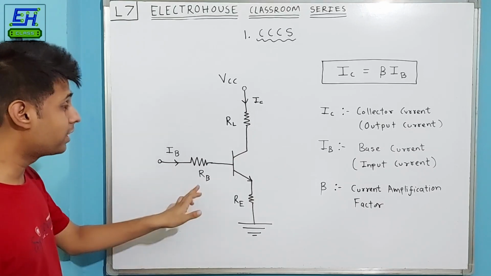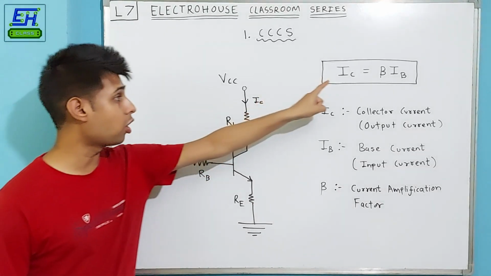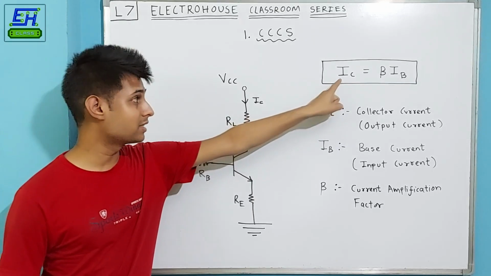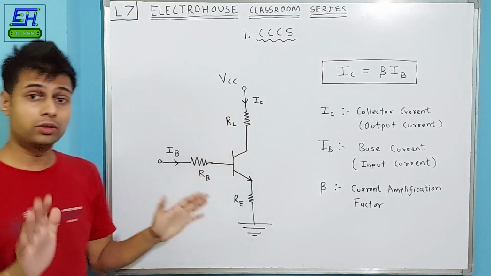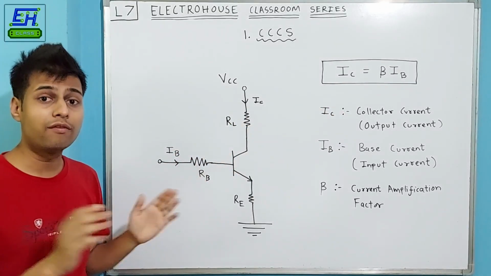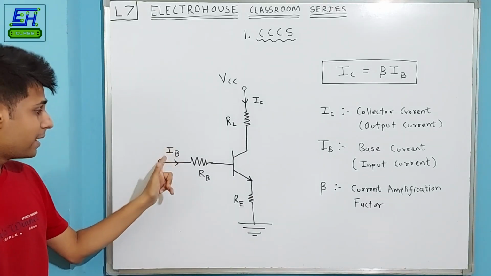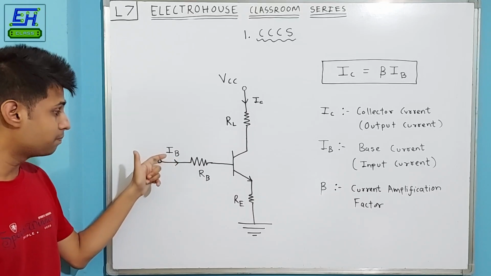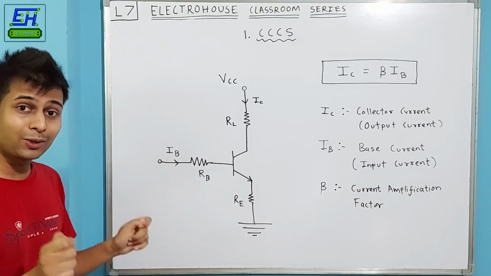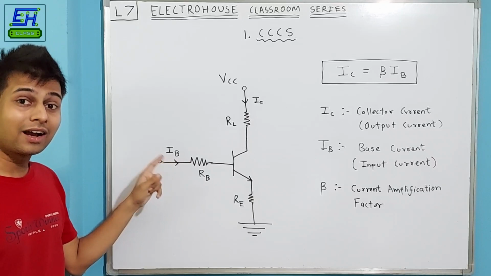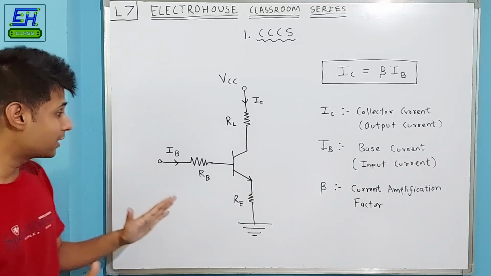Apart from that, this voltage has nothing to do with the output of the current controlled current source, that is our collector current IC. Okay, so this is just to start the transistor. After that, after the transistor starts conducting, everything is dependent upon this input current or the base current IB. So it is very important to note that it is actually a current control device. A transistor is actually a current control device.